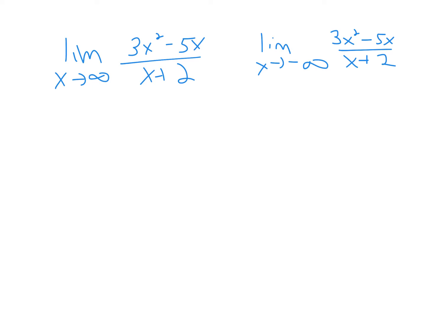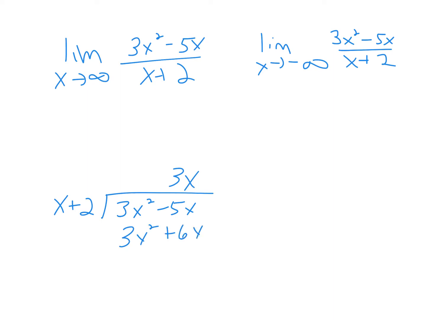So when we have infinite limits with a rational function, the power is higher in the numerator, it's going to go to one of two things, negative infinity or infinity. And we need to do something real quick in order to tell which one's which, right? And we have to use long division. I'm sorry, I know this may not be your favorite, but when we do long division, what times x equals 3x squared is 3x, 3x squared